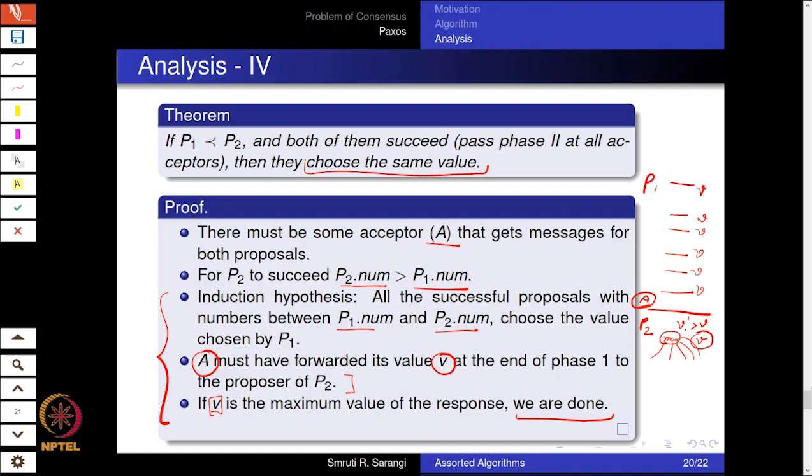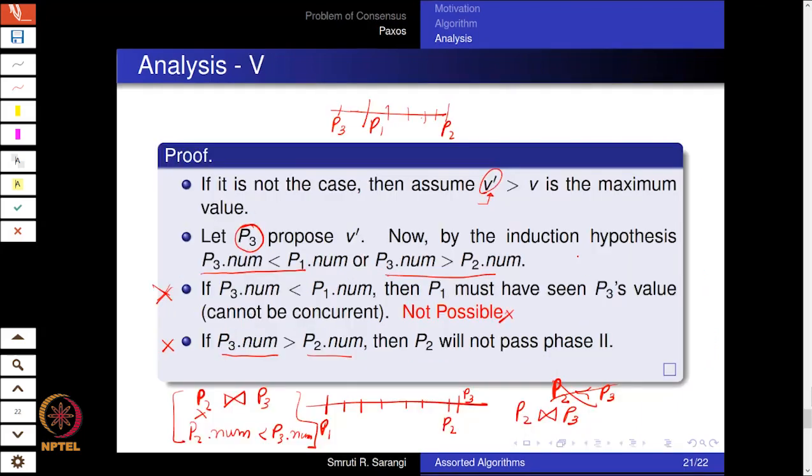So we set up an induction and then we show that the common acceptor must have proposed V. So any value that P2 chose has to be greater than or equal to V. If it is V, no problem. If it is greater than V, then whoever was the original proposer of the value greater than V, which is V dash, either had a number less than P1's number or a number greater than P2's number. Both the cases are not possible. Hence, P2 chose V. So this establishes our induction hypothesis